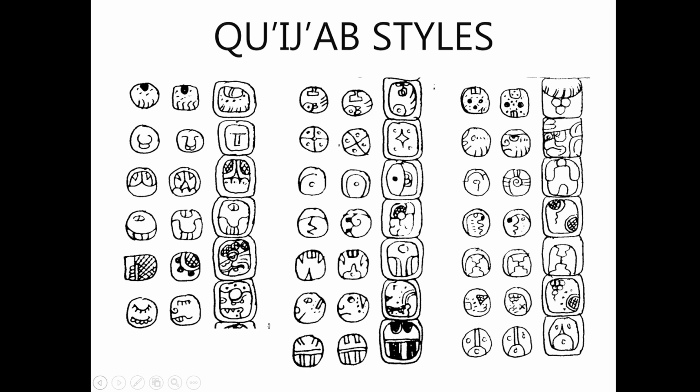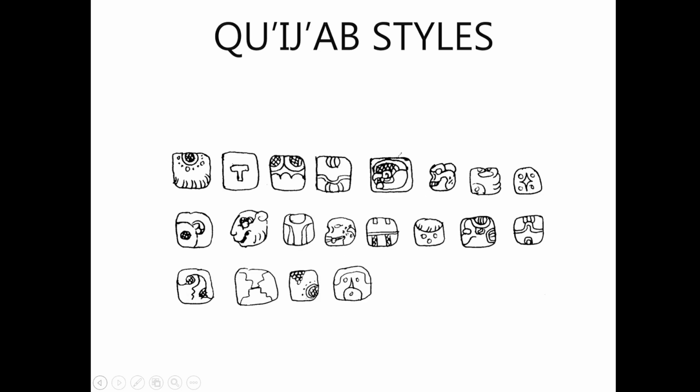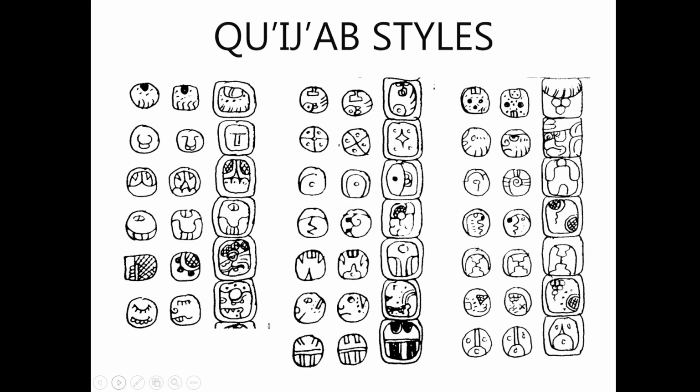So for this first example, this is a scan of the way I drew the signs like 15 years ago. There literally is something I drew 15 years ago. You can see that I didn't even have consistency in the size of the squares. They are very ugly looking, but I wanted to show how you can evolve. So this is not mine. This is something I scanned from a book, and in there you can see that